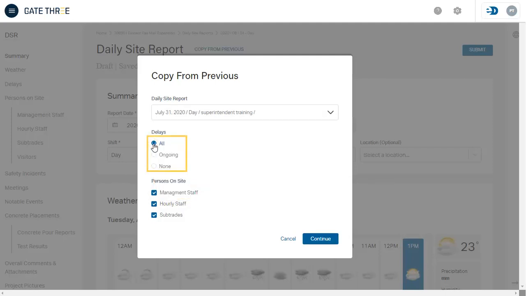Select one of the 3 options for delays. Pick any of the options in the Persons on Site section. Once you have completed your selection on what you would like to copy from previous, click Continue. As a reminder, after clicking Continue, if any of the selected target sections in the current daily site report already contains existing data, for example, if there is existing data in the Delays, Management Staff, Hourly Staff, or Subtrades section